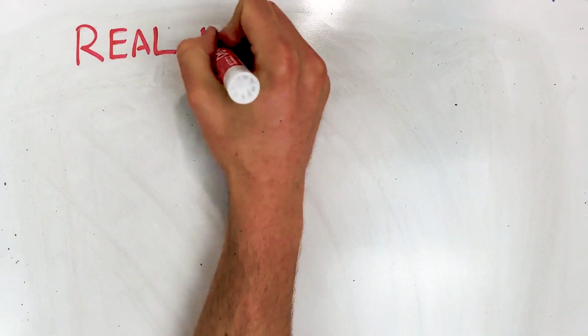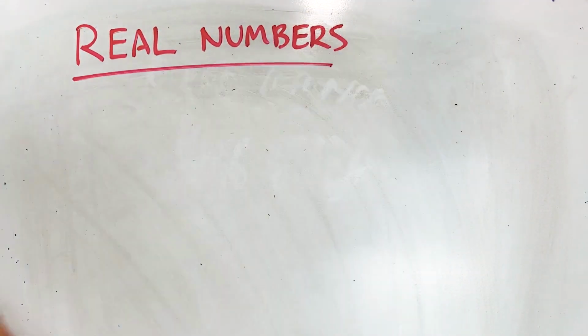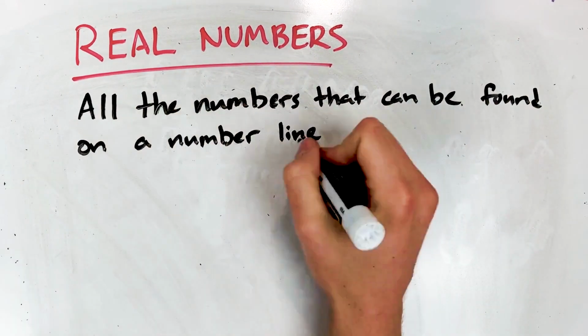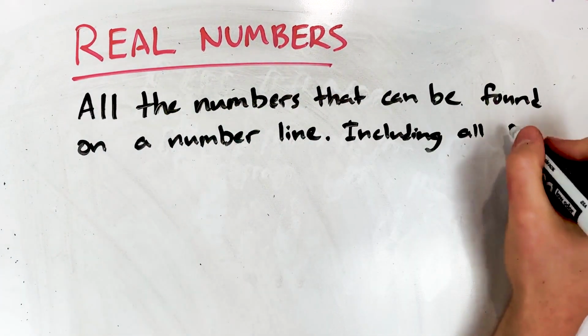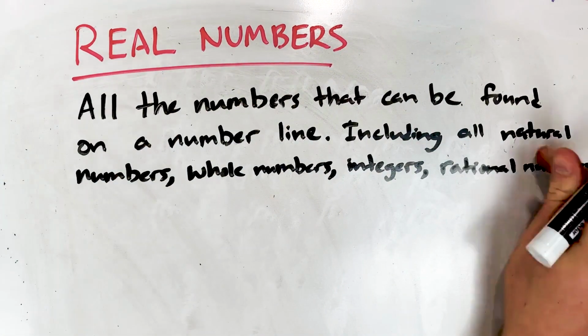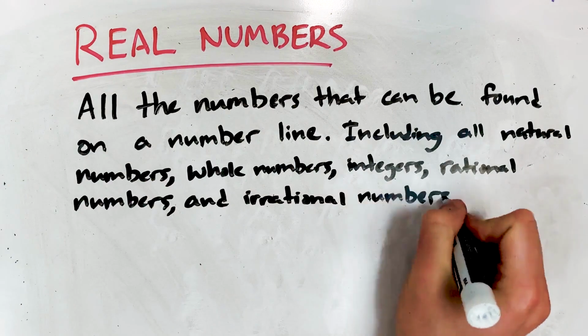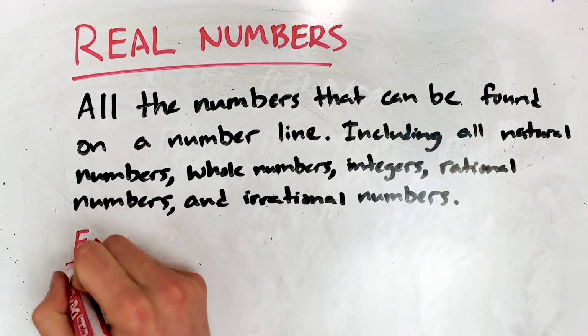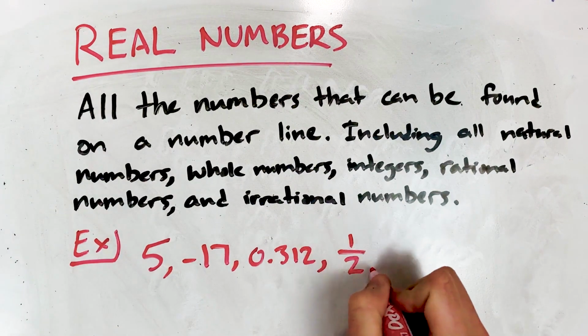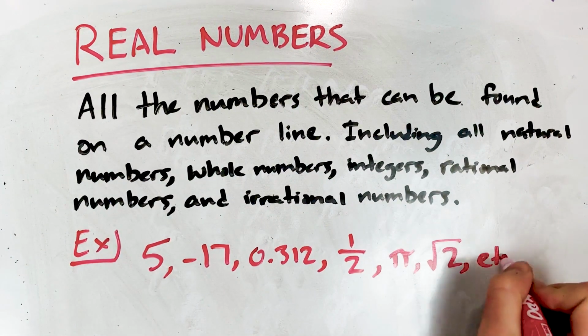Alright, things have already gotten pretty heavy today, but now they're about to get real. The last category of numbers we're going to deal with are the real numbers. Real numbers are all of the numbers in the number line. We will discuss the number line in detail later, but for now, we can think of all the real numbers as simply being every natural number, whole number, integer, rational, and irrational. Examples include 5, -7, 0.312, 1/2, pi, square root of 2, or any other number on the number line you